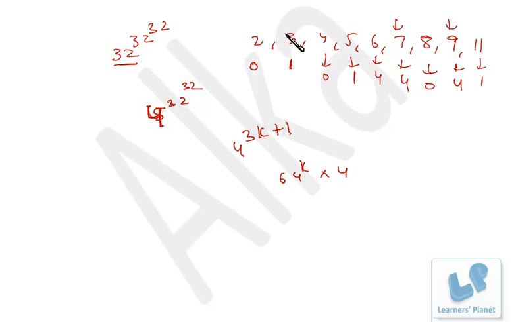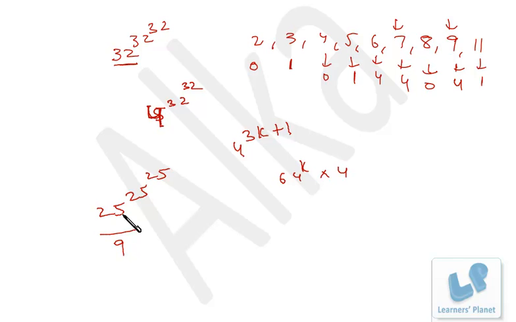I have divided this expression by all of these numbers and got the remainder in each case, right? Now, if you are conceptually clear, you can find out the remainder in this sort of complicated problem also. I've been asked this problem: 25 raised to 25 raised to 25 divided by 9, what will be the remainder?